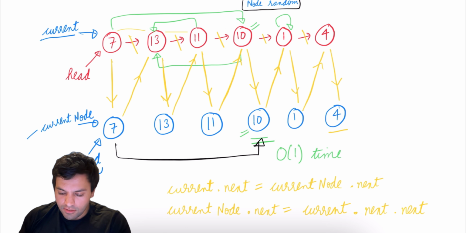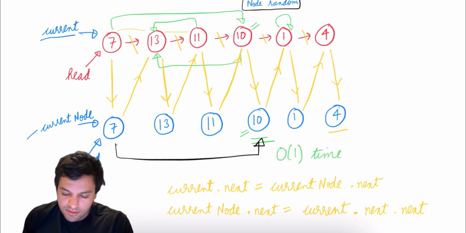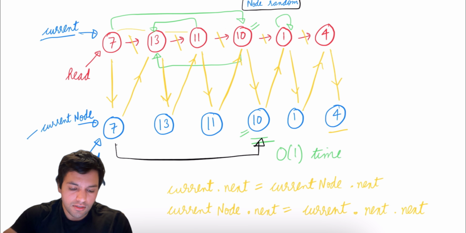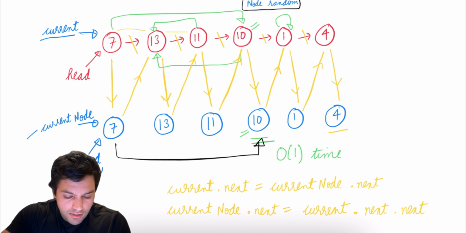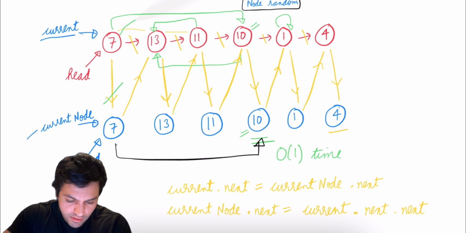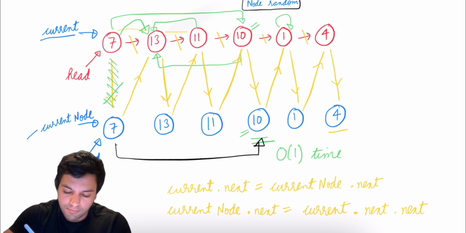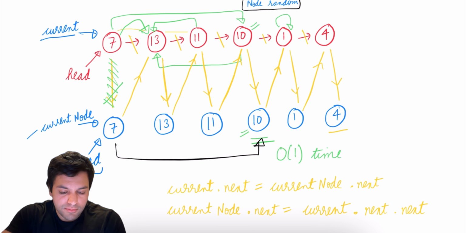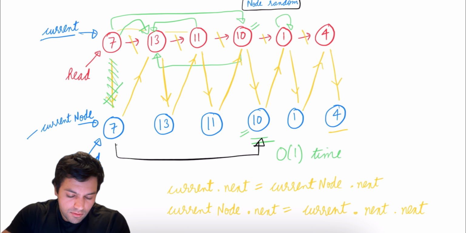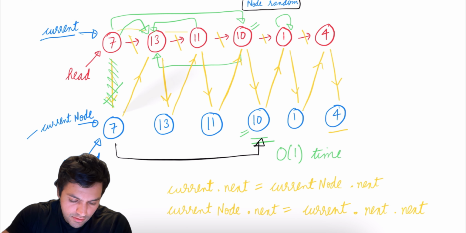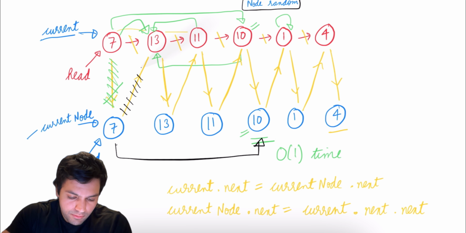What we can do is set current.next equal to current node.next. So here we have current.next. We have to update this pointer to point to current node.next, which is node 13. So we removed this pointer and updated it to node 13. And now we have to update the next pointer of current node. So current node.next here should point to